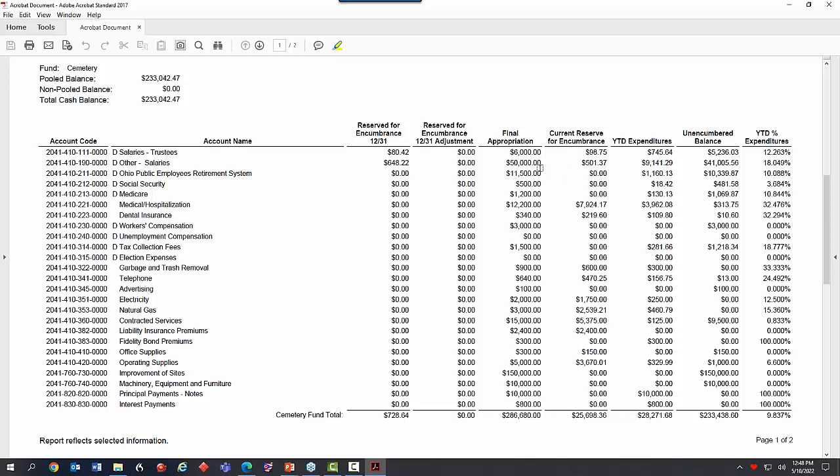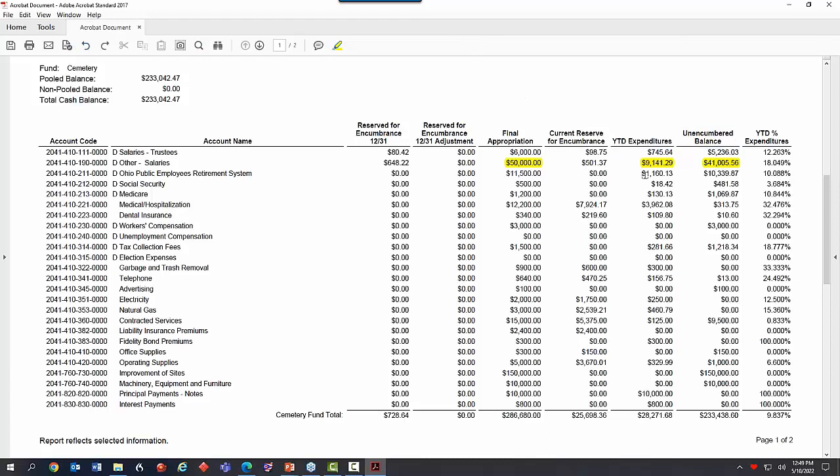So I budgeted $50,000 like we always do, because we have a cemetery sexton. He's still working for us, but he doesn't do the mowing. He manages the funerals and things like that, but he doesn't do the mowing. So his salary is coming out of here, and I have to pay him the rest of the year. So far we have paid $9,000, and I need about $11,000 left. Here is my unencumbered balance. This means it hasn't been spent, and there's no PO on it. And because it's a salary account, of course there's no PO. So my unencumbered balance is what I'm looking at to see what can be reallocated.